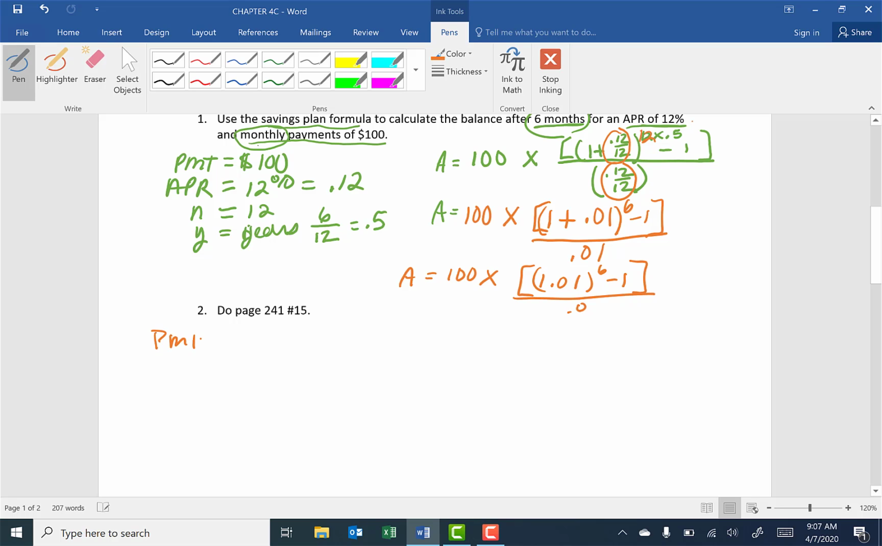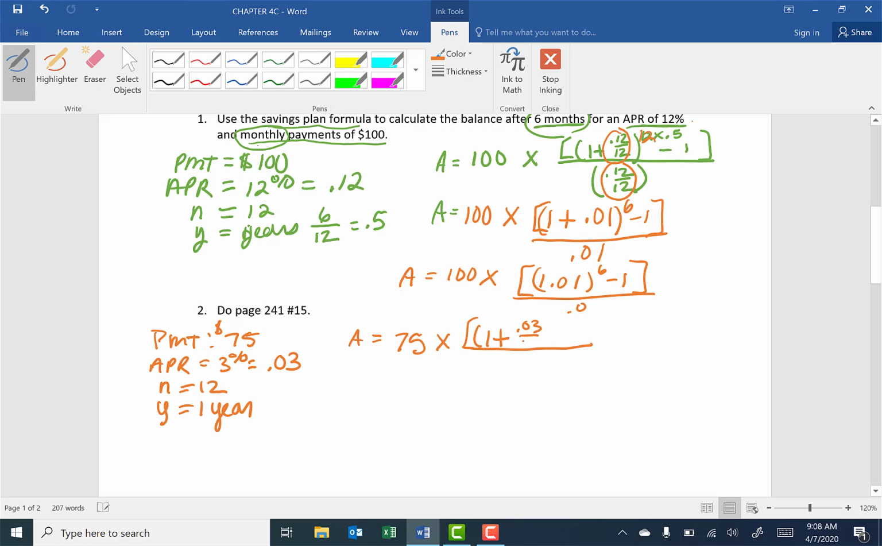So let's write down what we have. Our payment is $75 each month. Our APR from the book is 3%, which equals 0.03. Our N is 12 because it says monthly, and our Y says 1 year. So let's substitute into our formula. We would have A equals, notice the 75 is by itself, and then we have a fraction. 75 is not part of the fraction. And in here we have 1 plus 0.03 over 12 raised to the 12 times 1 minus 1 all over